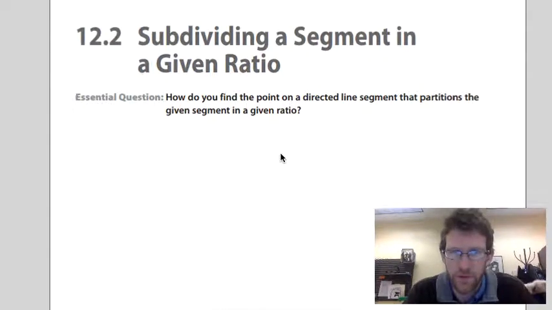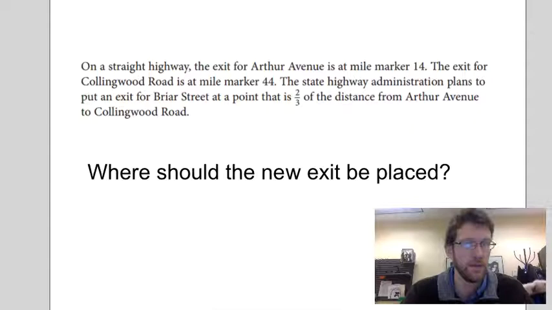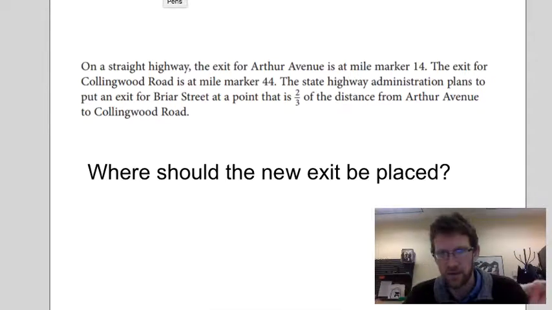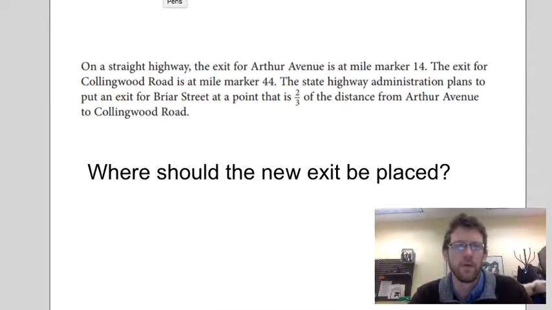We're doing 12.2, subdividing a segment in a given ratio. And as we probably have done in class, we need to figure out how a ratio relates to a whole value. So, for example, this question here says, on a straight highway, an exit for Arthur Avenue is at mile